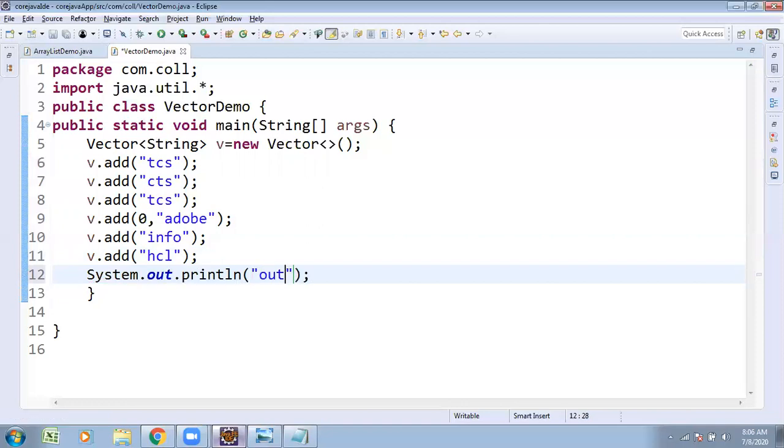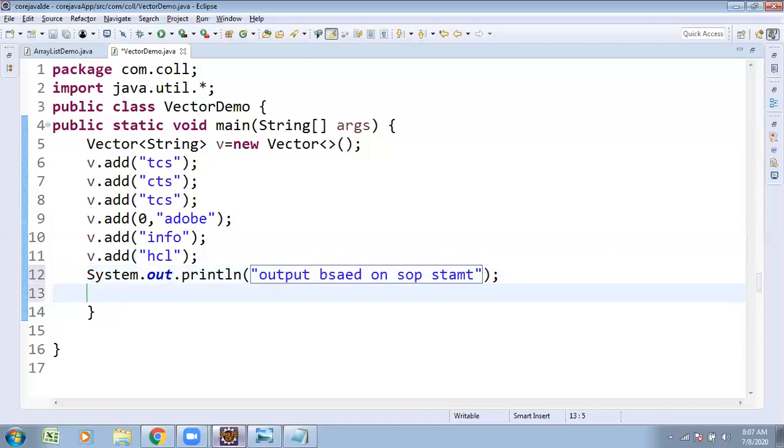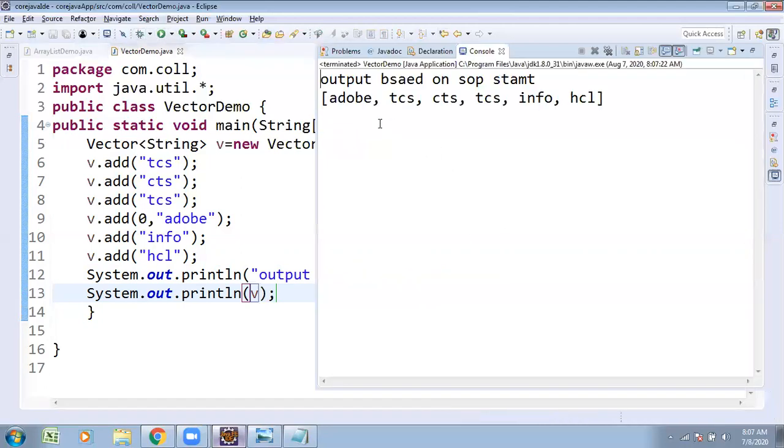Output based on the SOP statement, the System.out.println statement. Sys out of all, printing with v. Check whatever elements we inserted here.